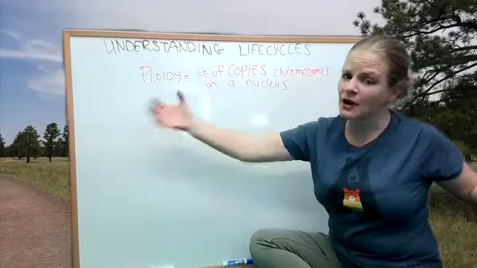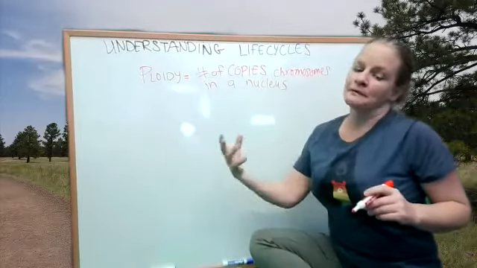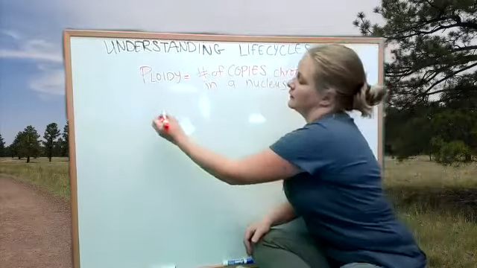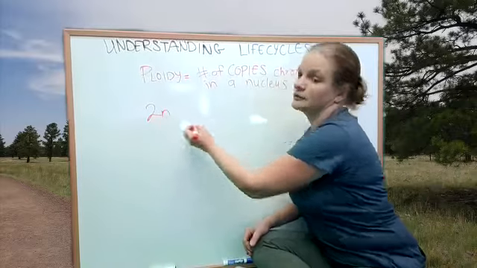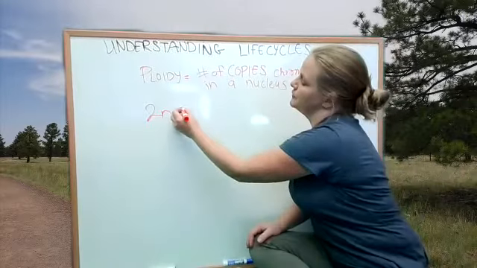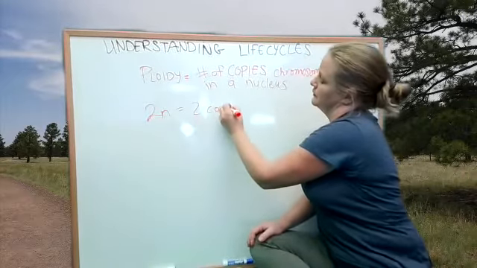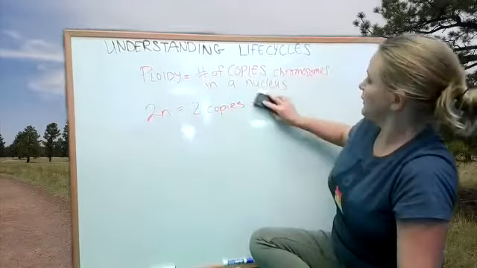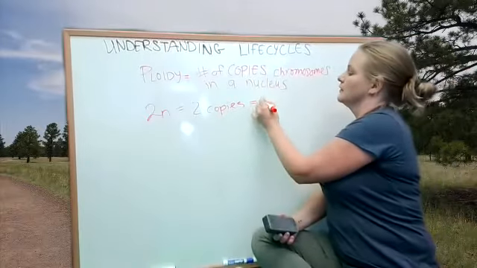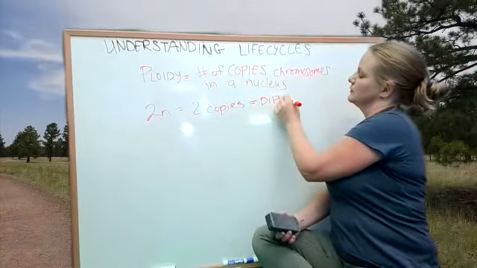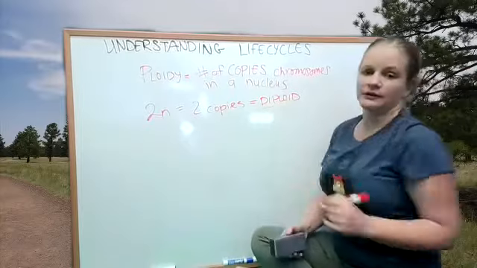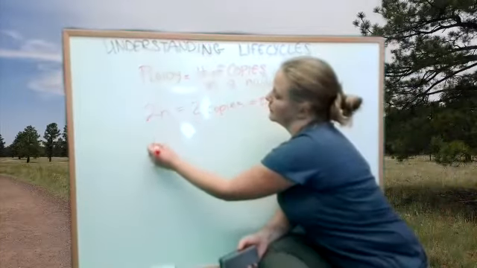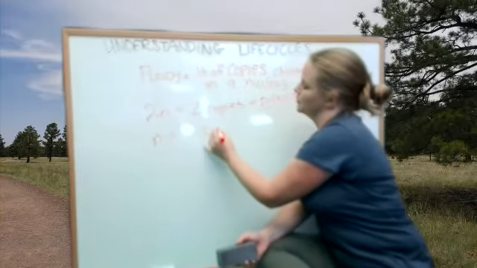Ferns have thousands of copies of each chromosome, but for the most part, we're going to focus on diploid, which we call 2N, which means we have 2 copies of each chromosome. Di meaning 2, ploidy meaning the number of chromosomes, and then we have haploid, which is just 1 copy